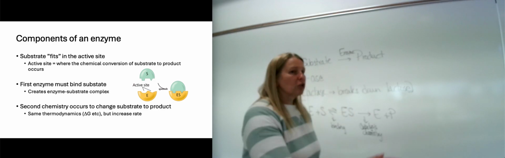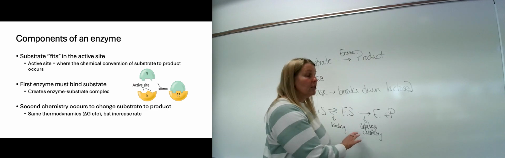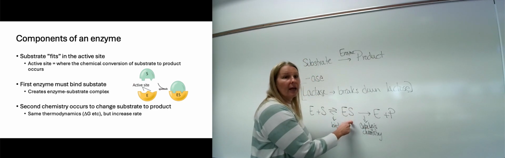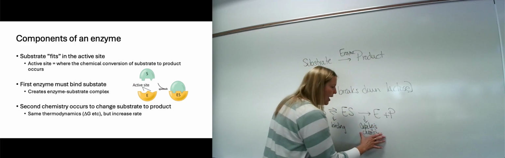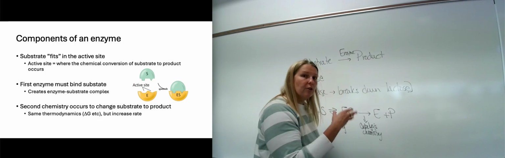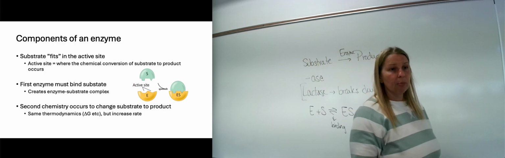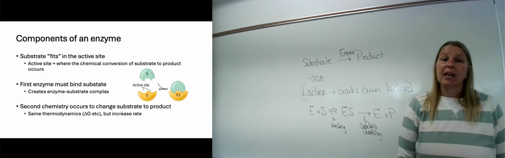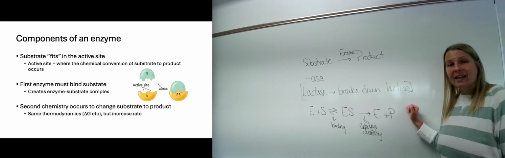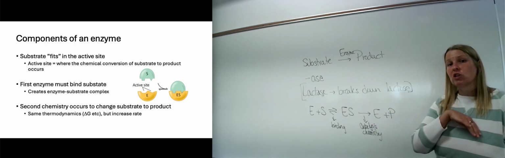So again, the enzyme must bind the substrate to create this enzyme-substrate complex. Then once you bind those together, you can actually do the chemistry to make the product. Okay, so again, this is enzyme kinetics. So kinetics changes the rates,